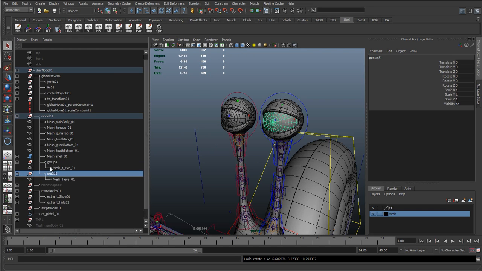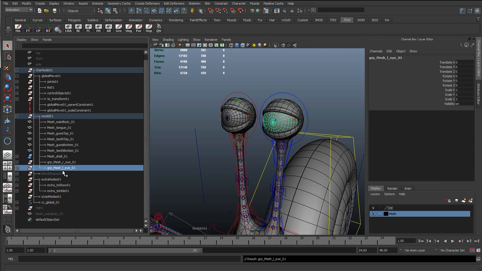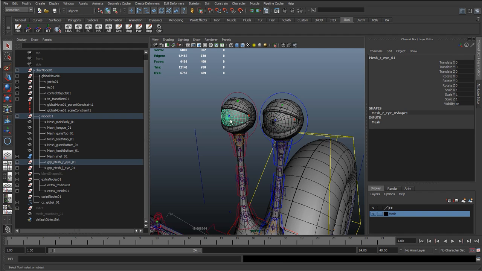Okay, so with those, rename them. I'm not putting like an offset, like this is just group mesh left eye, because it's not an offset group or rotate offset group. It's just there so we can constrain the group instead of the mesh, and that way the mesh has got its translates and rotates free, so we could add deformers in there. So what we'll do here,